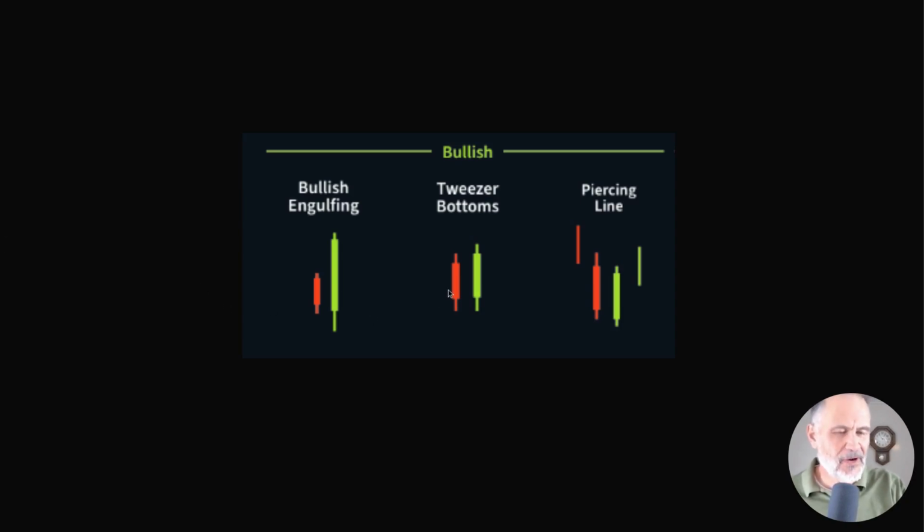Similarly, the tweezer bottoms pattern is where you have the price opening close to where it closed the previous day, but then heads strongly in the opposite direction. The piercing line is when the price opens even lower than the previous close, but then closes above the midpoint of the previous body. All three of these patterns show a potentially sharp reversal in the balance of power between